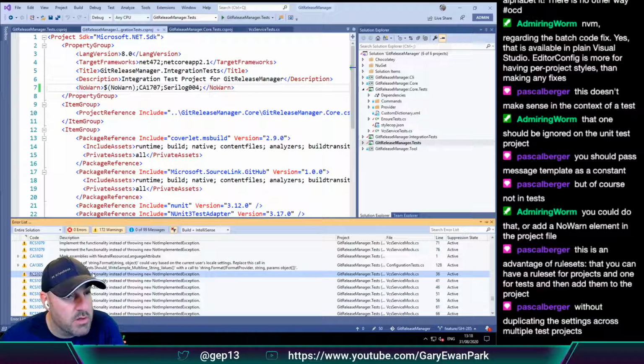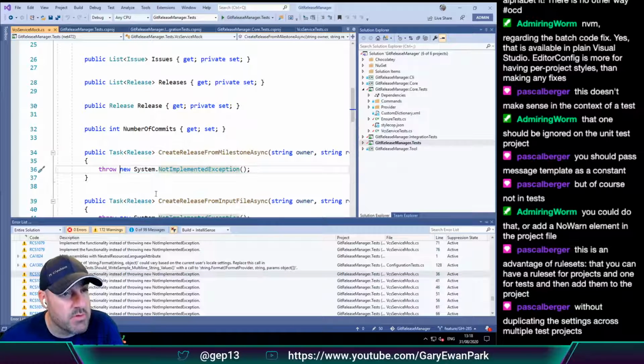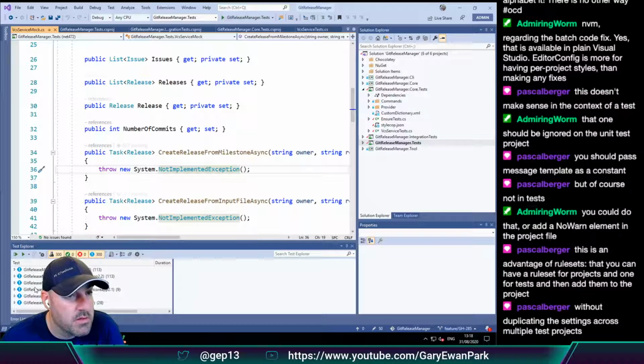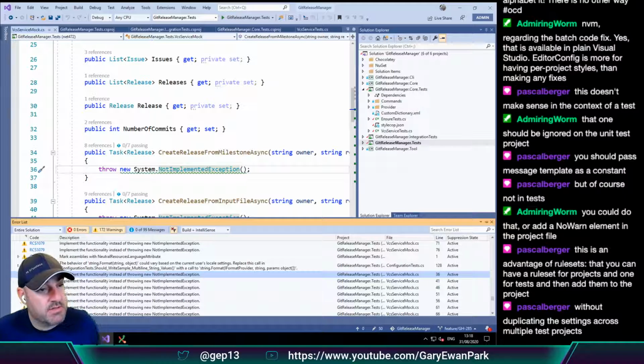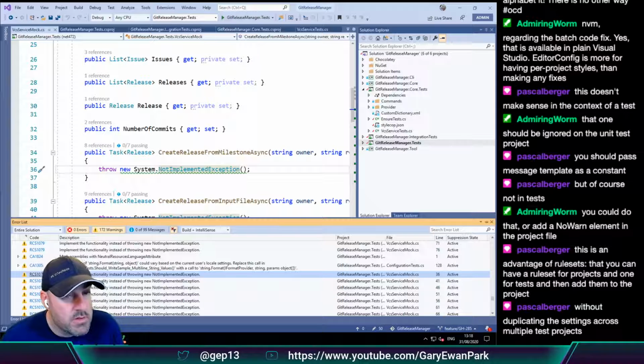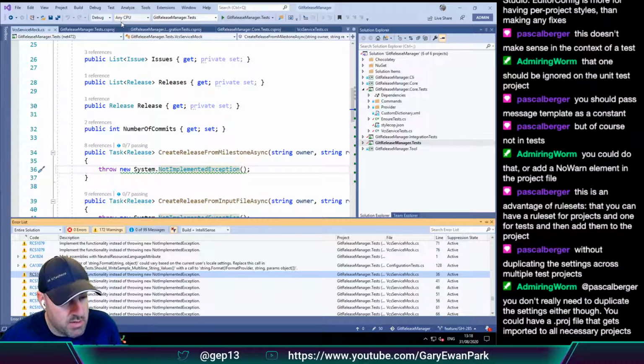So this one, RCS, I think this is one that we're going to want to not warn on as well, because from a test perspective, we don't necessarily care. So I think I'm okay with, in theory, we could have a props file.